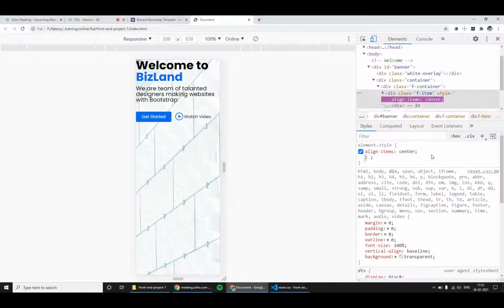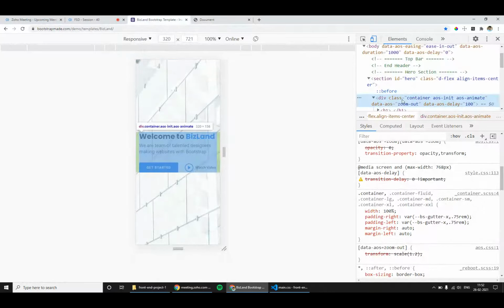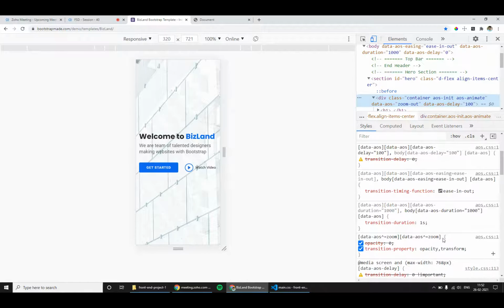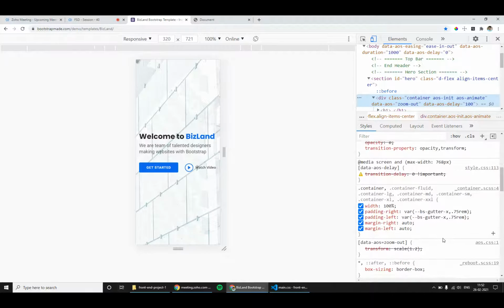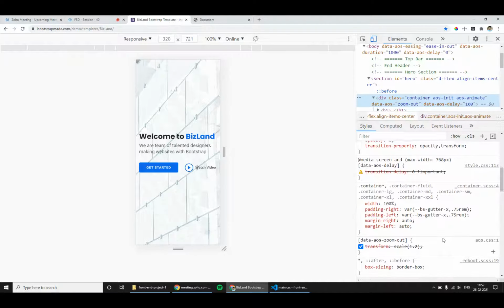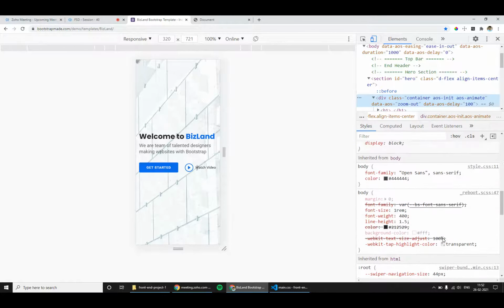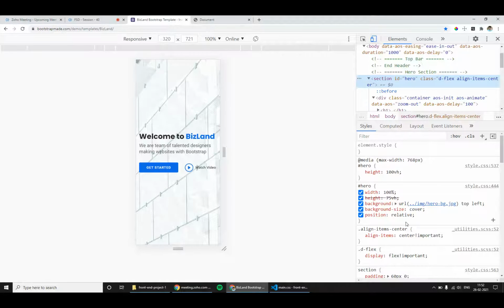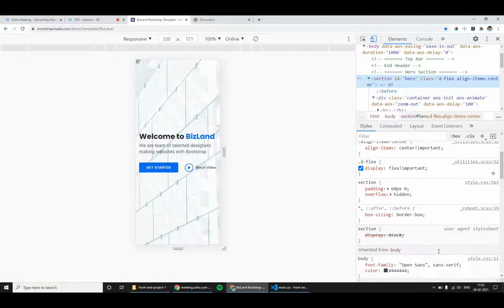Okay, let us go to this website and check. Align items center, display flex.